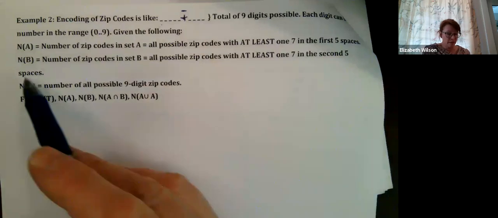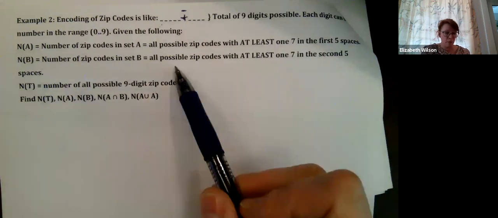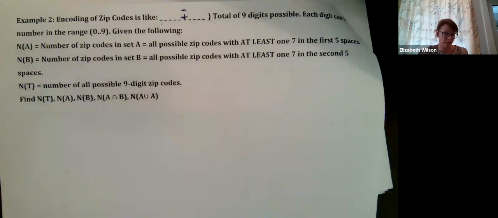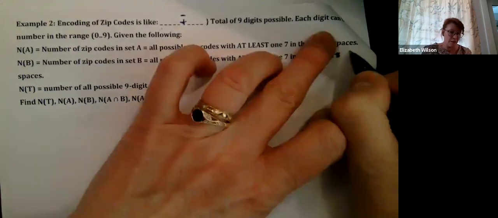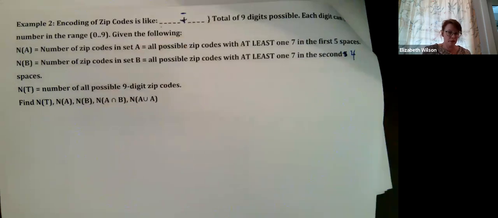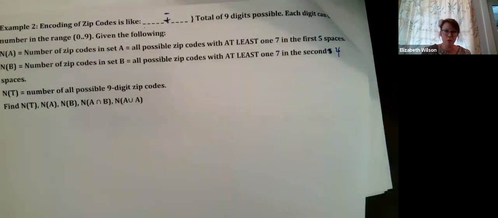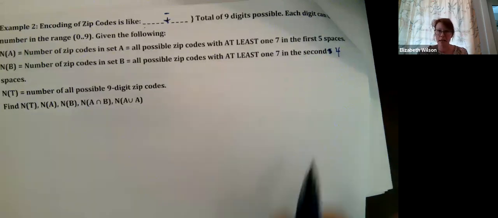B says, right, I want to do all the zip codes with at least one 7 in the second... I'm sorry, that should be 4 spaces. That's a typo. Second 4 spaces. Okay, you guys see that's a typo. In the second 4 spaces, right? Now, again, I don't care what's happening in the first 5. It can be any combinations of things, but I need to have at least one 7 in the second